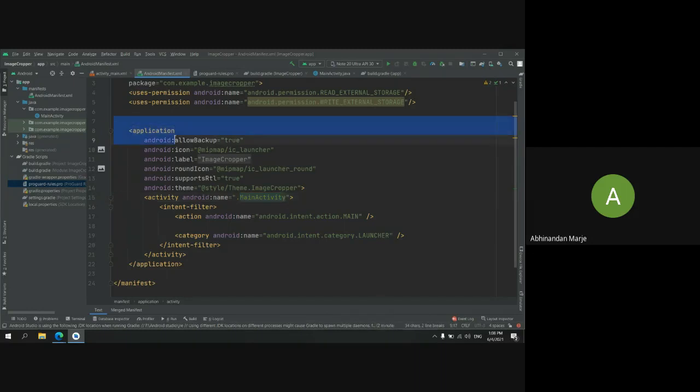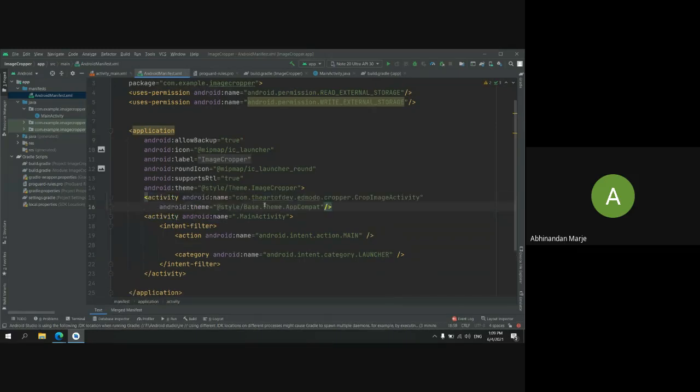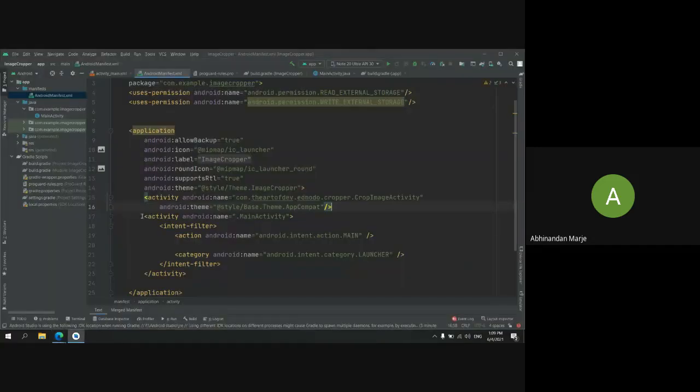When our application starts, it will show the label and icon of your app in your mobile. Then from here you can see this is our main activity launching declaration. So it won't directly launch from here, it will launch from the manifest file. So at the top of this activity, you just paste those two lines from your GitHub page. You have to paste it above or below this activity, not on top of the intent filter. You have to paste it above the activity or below the activity.